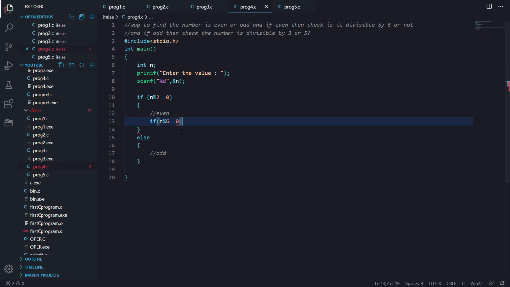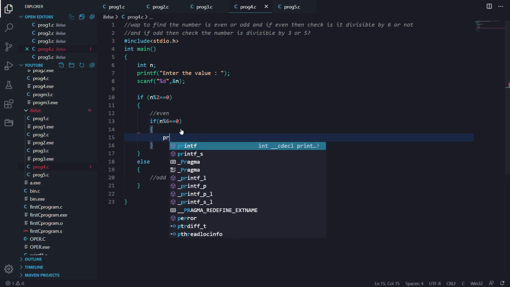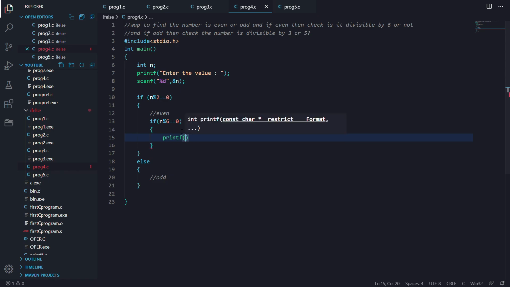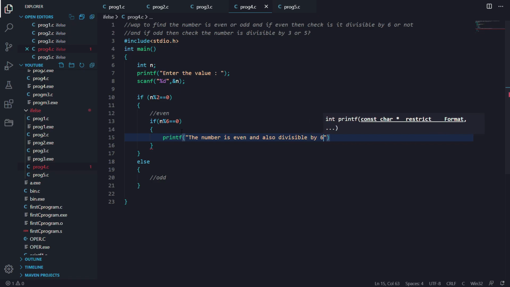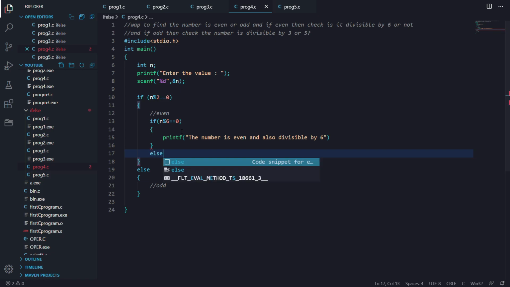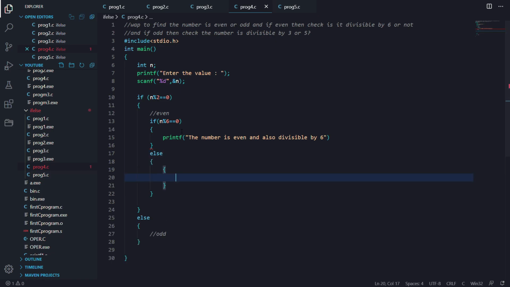If it is divisible by 6, then we will just print the number is even and also divisible by 6. Okay, and this else will print only a single sentence, that is printf